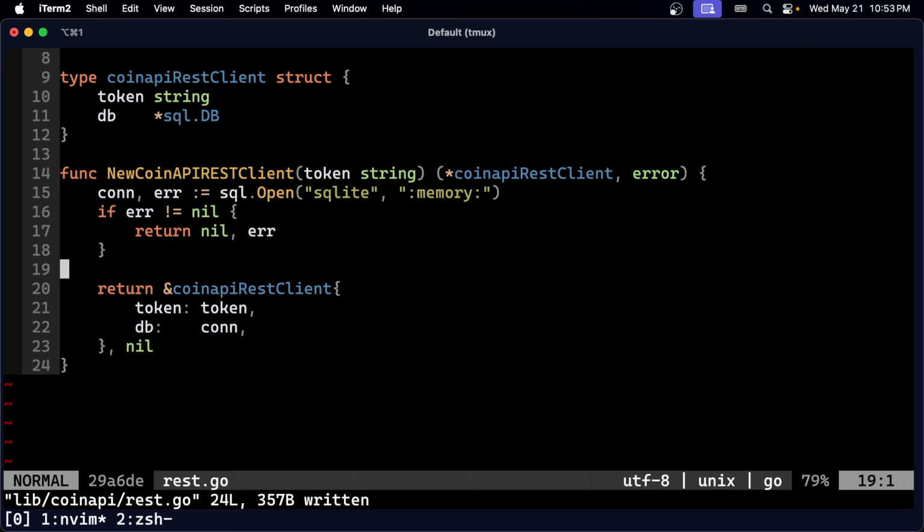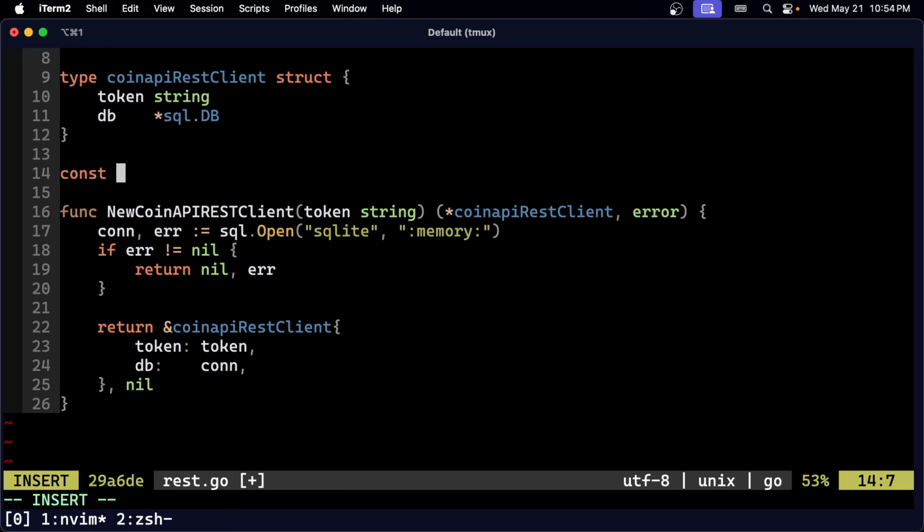And then we're going to have to initialize a database connection. So basically we're going to have to write some SQL,